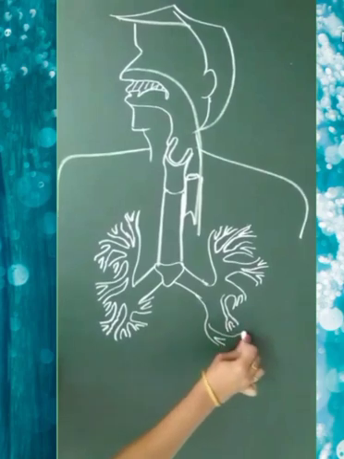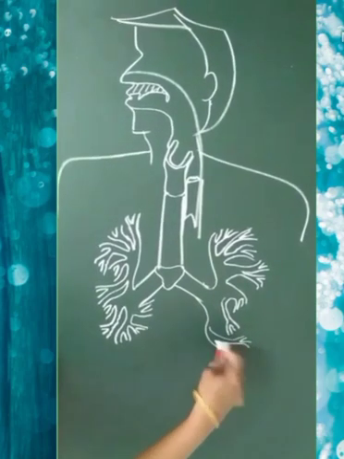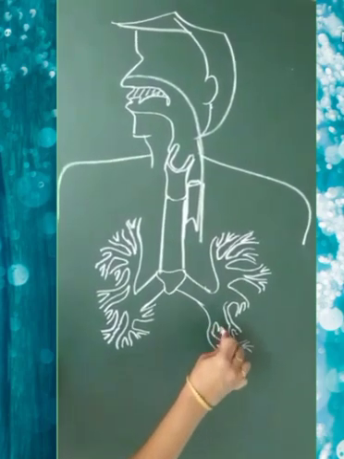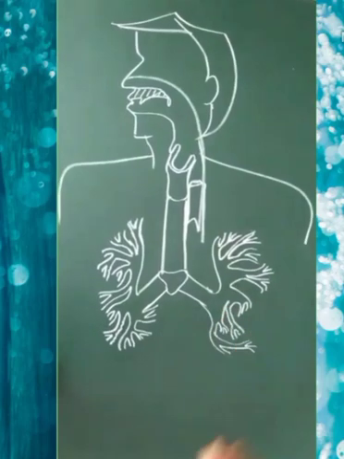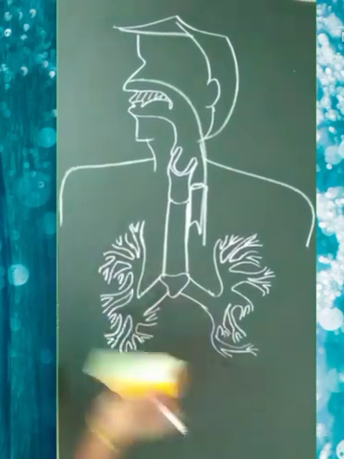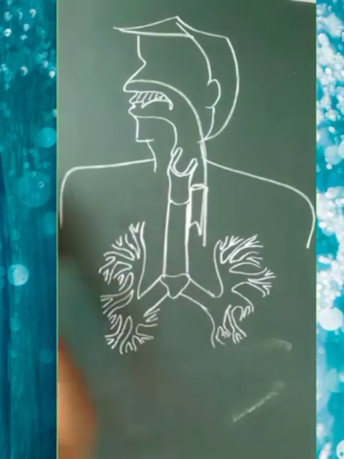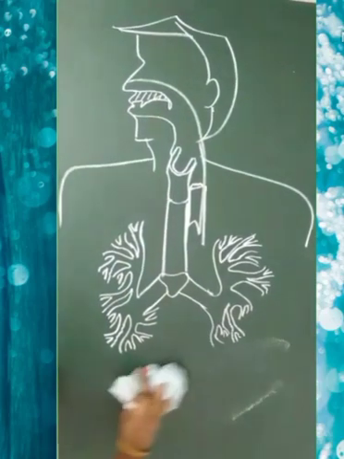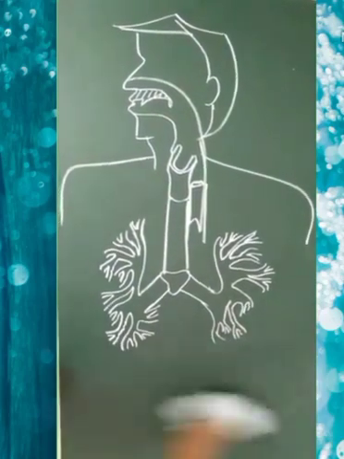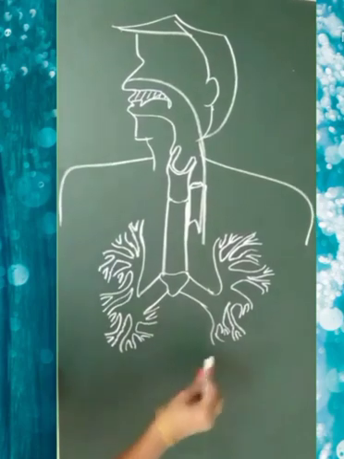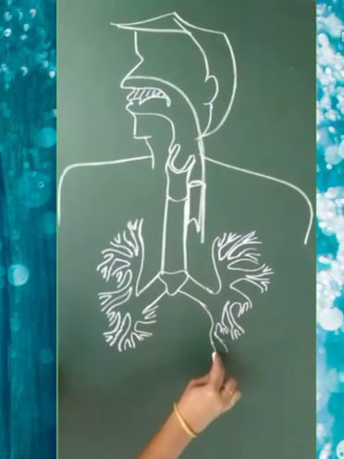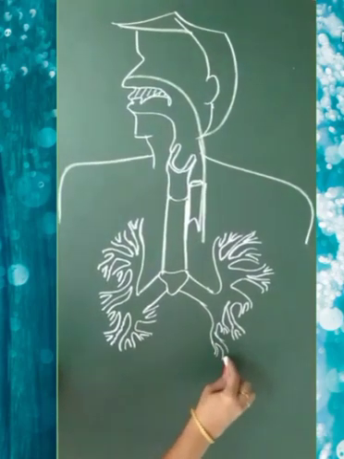Okay, you'll get an idea how the bronchioles are there, how the alveoli and alveolar sacs are there. I'll keep a real video of lungs, bronchioles and alveoli. Then you'll get an idea of how it will be. So please continue drawing the diagram like this and label them accordingly. Okay, thank you.